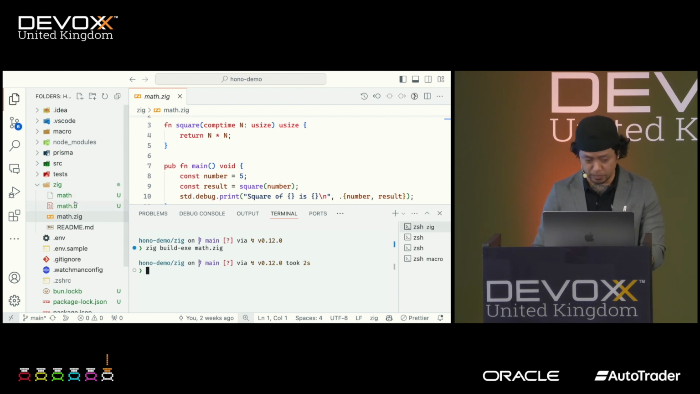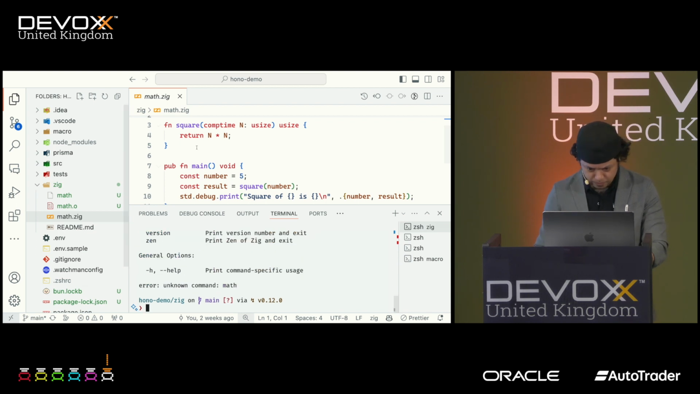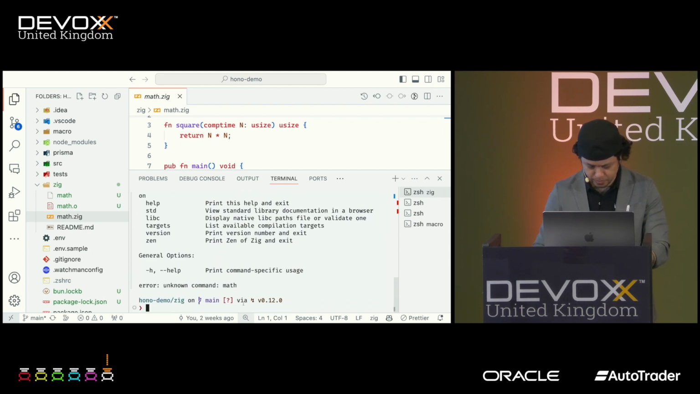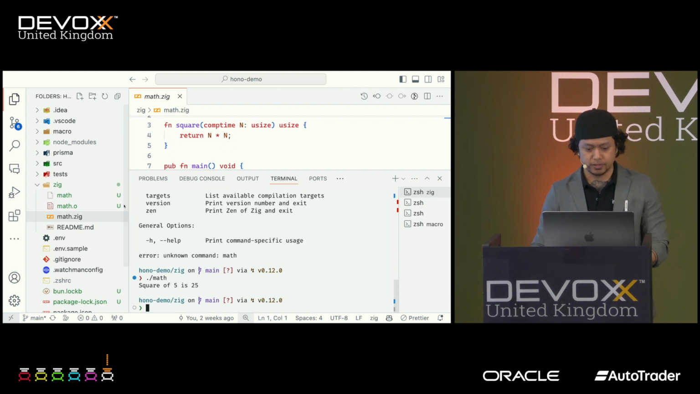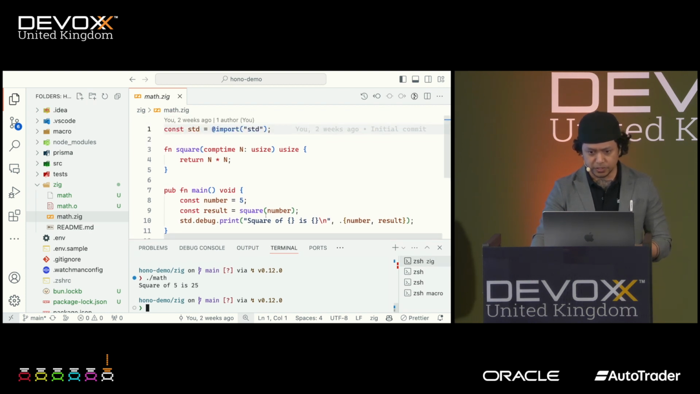Right, so we have the binary here, and now what we can do is try to run this. Zig. Oh. Nope. One more time. Okay, got it. So the square of 5 is 25, but as you can see here,